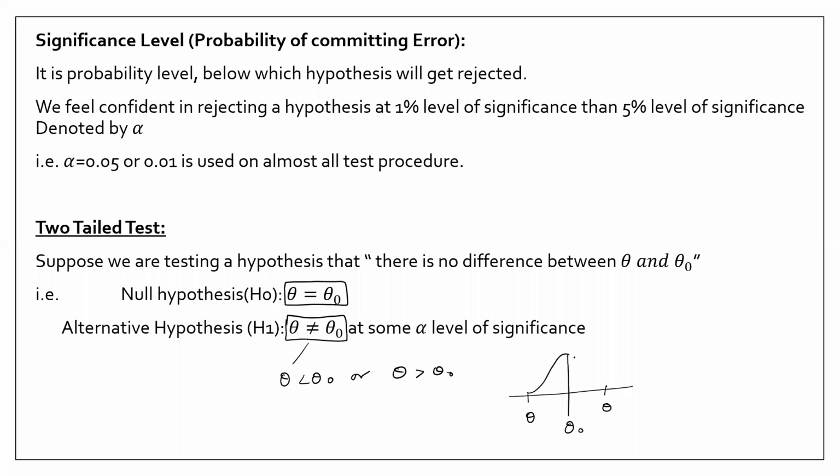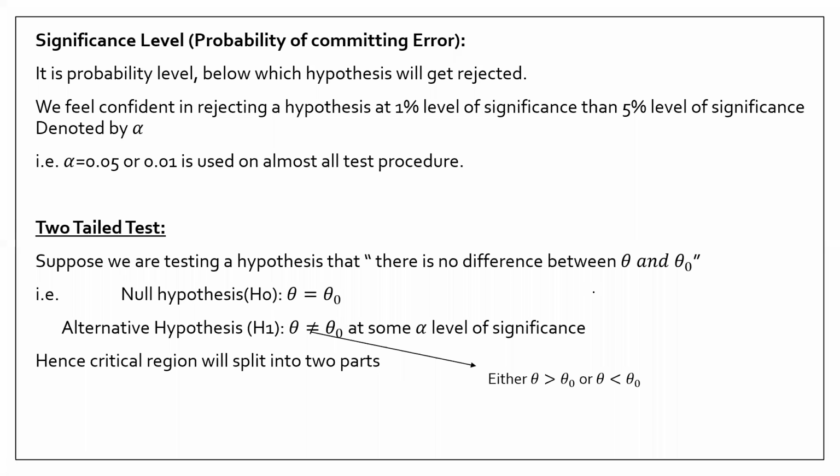So I'm considering both the tails in this case. That is why I have taken this as the two-tailed test example. But if they specifically mention that your alternative hypothesis is that theta minus theta naught should be greater than 0, then they are restricting you to take only either the left hand side or the right hand side. We will discuss that in the one tail test. So this comes in the two tail test.